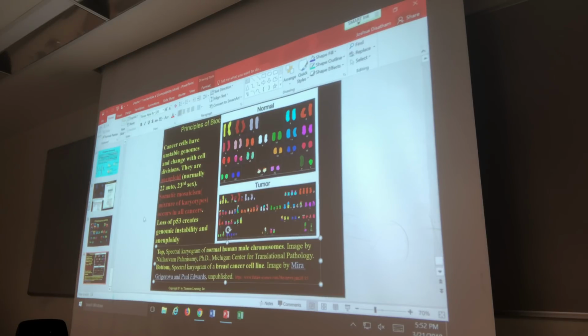P53 is known as a tumor suppressor gene, meaning, and it's in the name, what this gene does is it helps prevent the development of cancer. It does so by regulating these components; it's like a checkpoint thing. It regulates all those checkpoints that you might have learned in an earlier biology class. Like there's a checkpoint between G1 and S, a checkpoint between S and G2, a checkpoint between G2 and mitosis, and so on and so on. Turns out this one gene actually regulates all of that and more. P53 is like the most important tumor suppressor gene that you have.